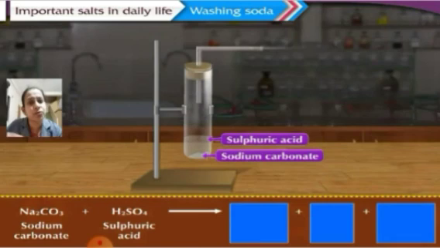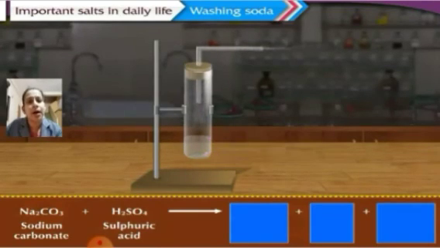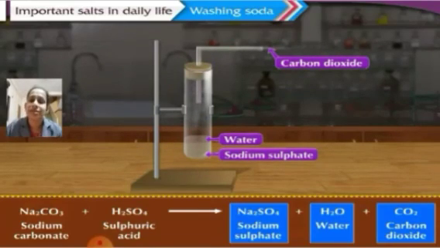Now sodium sulfate is over. What is left is CO3 and H2. So H2 will combine with one of the oxygens to form water, that is H2O. Now out of CO3, one oxygen is gone for water, so what is left is CO2. So what will form now? Water and CO2. So all three compounds are Na2SO4, carbon dioxide and water. This is the reaction of sodium carbonate with sulfuric acid. So you can see what is formed. This is regarding the important salts in daily life.